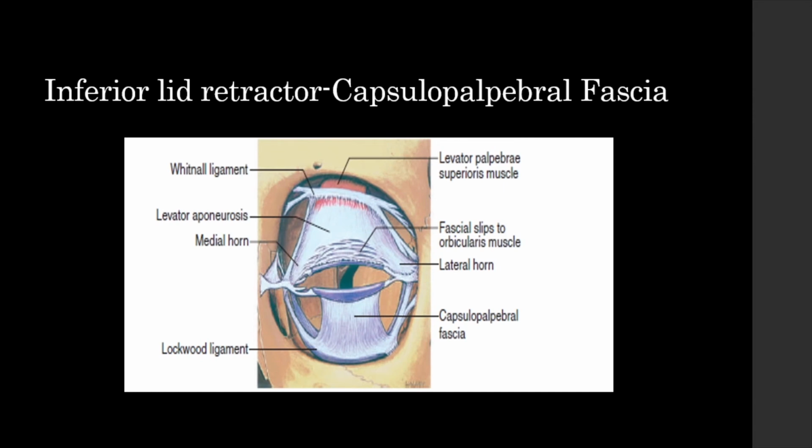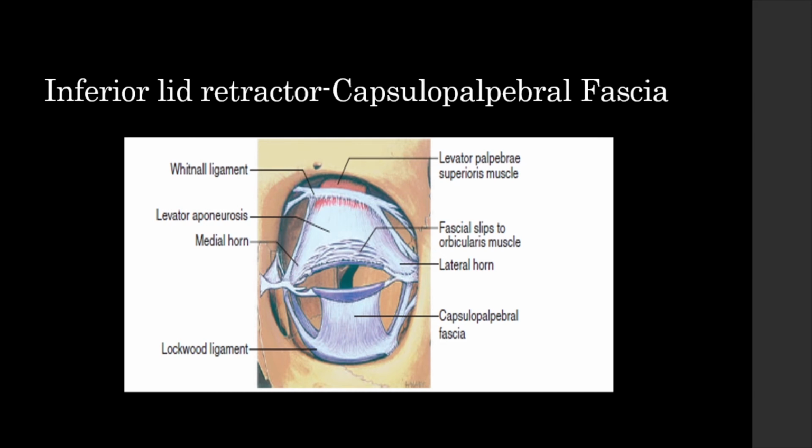Where is it located? Under the LPS muscle. And from posteriorly, where is it located? Just above the tarsus. So it is also called the superior tarsal muscle. Right. Next, inferior lid retractors: you have the capsulopalpebral fascia, and these usually originate from the inferior